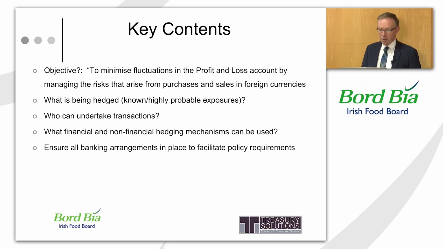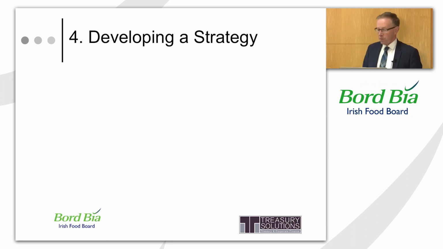So there has to be a correlation between what your policy says and being able to implement that policy in reality. If you move on then to developing a strategy, there's a sequence of events that we would go through, a process, I guess. So now we've set our policy in place, we've got the big picture done of, in general, what our appetite to risk is, who can deal, how far forward we can go, and what sort of flexibility we have within that. So now the next question is, okay, we have sterling sales, what exactly are we going to do each month from now on to implement this strategy?